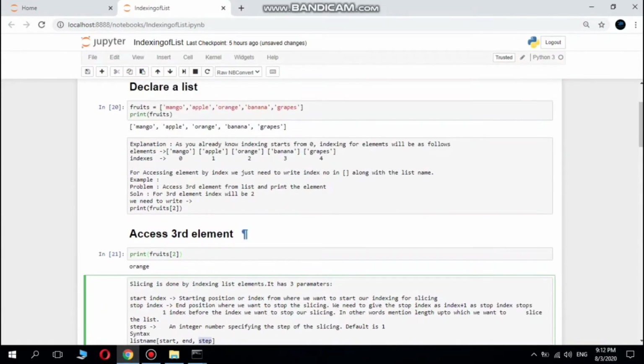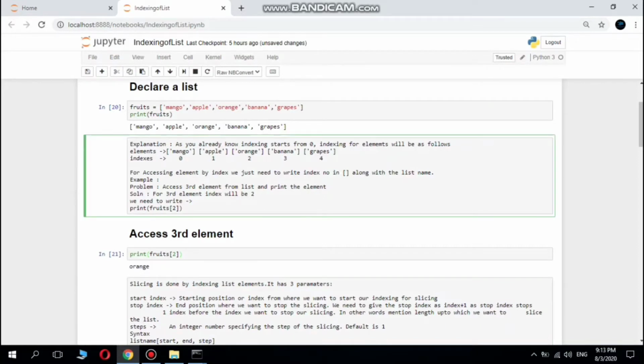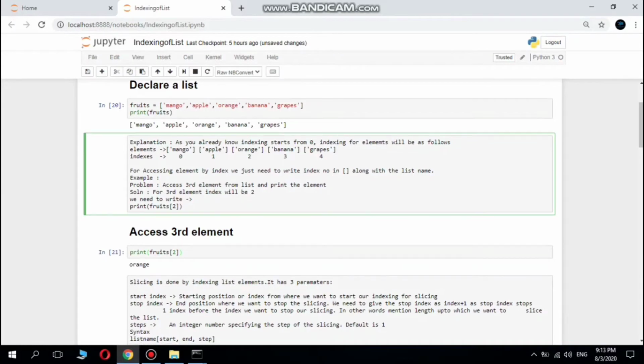Basically, what will be done with step is, suppose I want to access elements from the first index to the fourth index and I have given the step value as 2. Then it will go from the first index to the third index and it will not reach the second index and the fourth index. If the step value was given as 1, then it will go from apple to orange, then to banana and then to grapes. But since it was given as 2, it will skip one step and directly go to banana, as the step provided was 2.